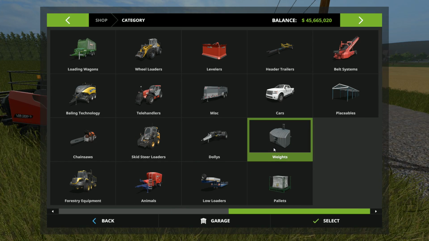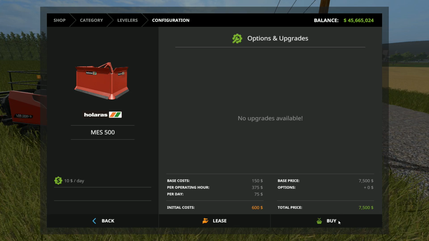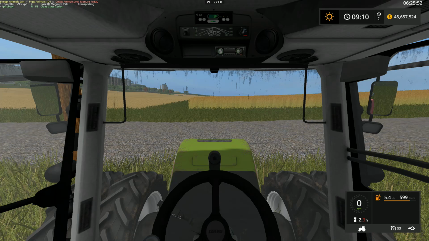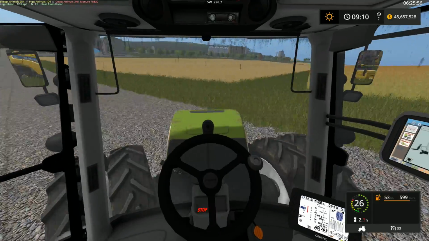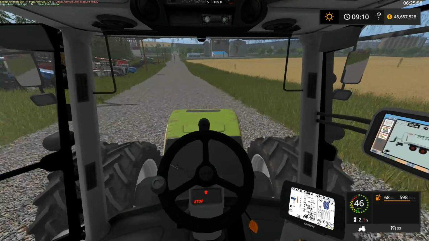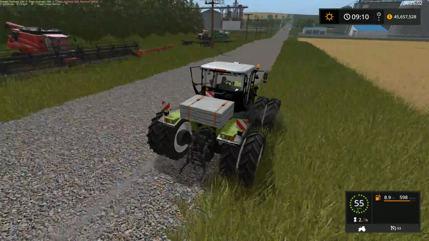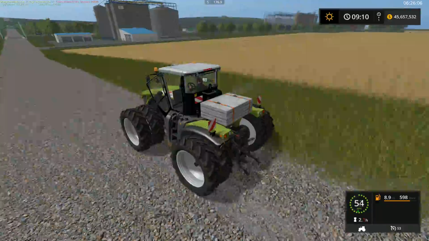And if we did this with... I think this one could work. Let's just see here. This is the Claas Xerion, of course. The Xerion, I think it's the 8000. For whatever reason, this little spot right here, because we have so much equipment just sitting right there, and all the trees and everything, I find that it's a bit...